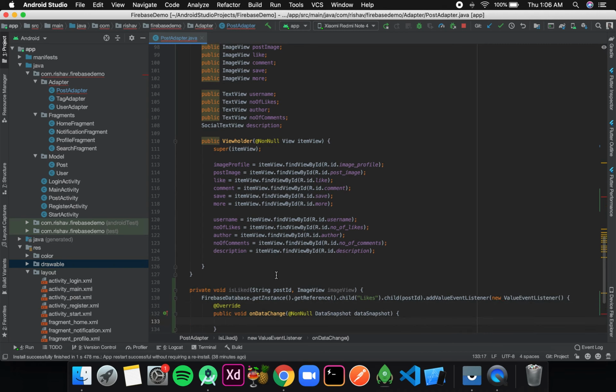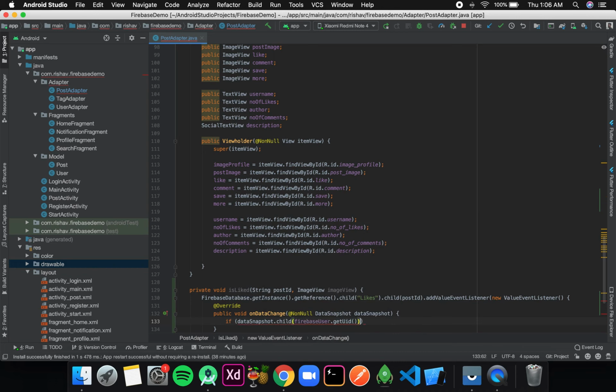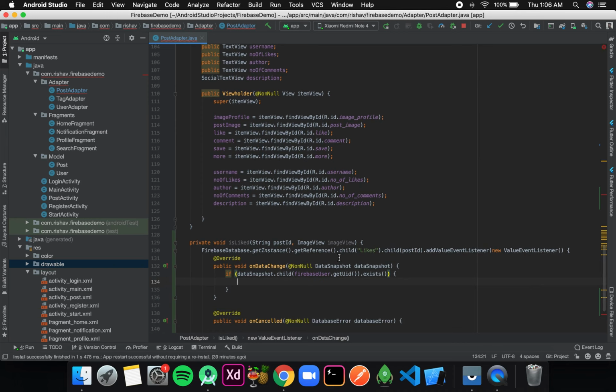Now inside this I'll check if dataSnapshot.child(firebaseUser.getUid()) exists, that means it has already been liked by the current user. Then what we need to do is change the like image to a red color heart.